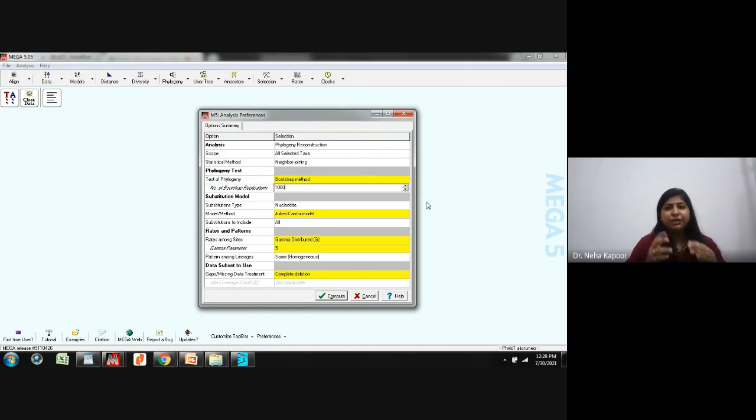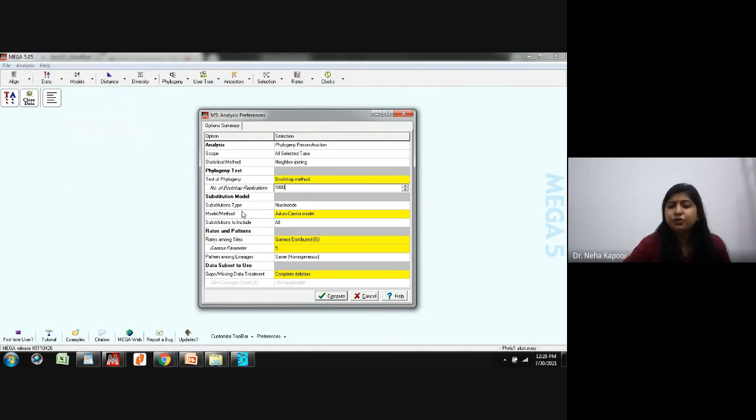Basically, the point is whenever you are bootstrapping, that means the number of times that the tree would be calculated again. Suppose I have mentioned 1000. That means 1000 times all these selections would be calculated again to calculate the tree, to see whether there is any kind of variation or not. That means the number of replicates would be performed. If out of those bootstraps a value of 99 is coming, that means 99 times these two species were clustered together. I'll be showing once the result is coming.